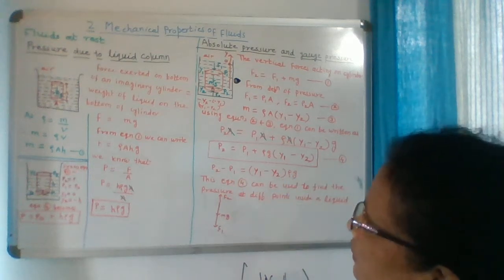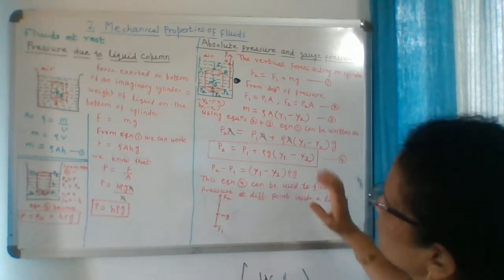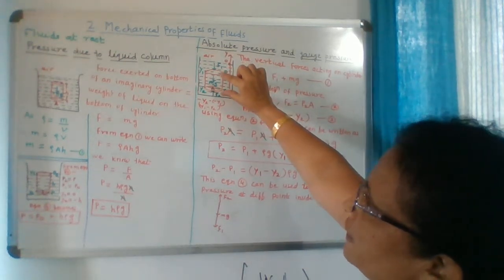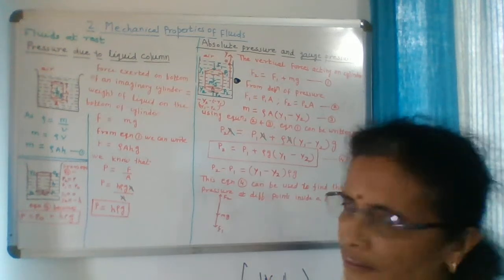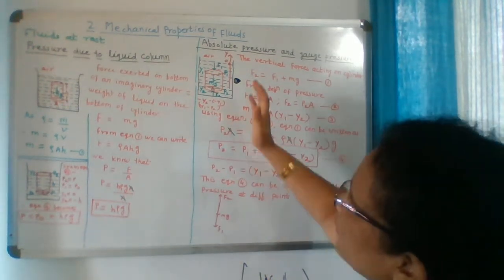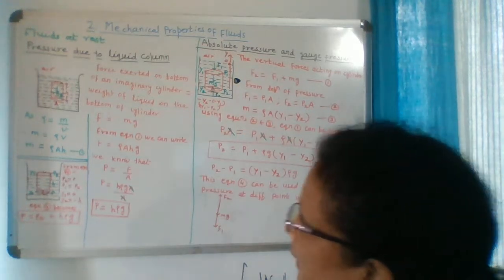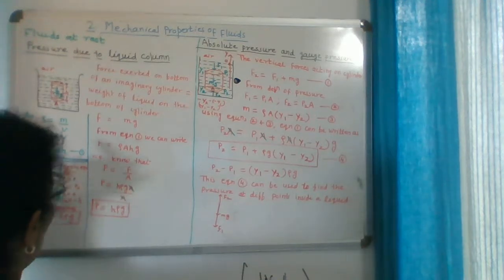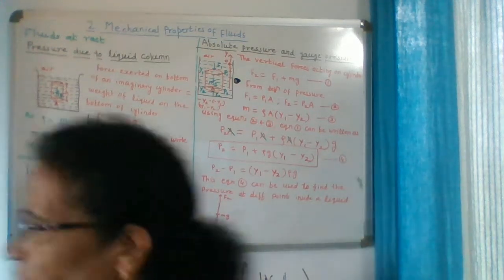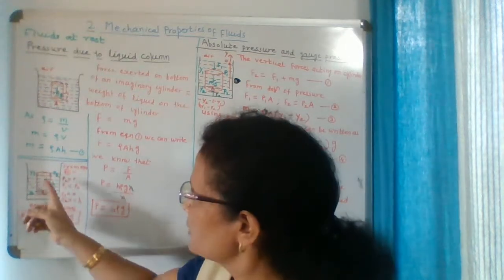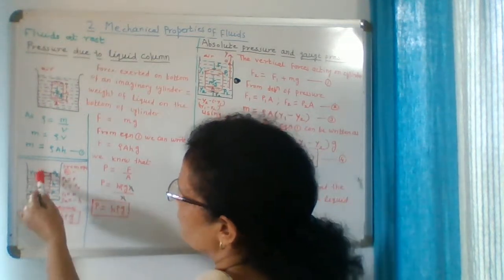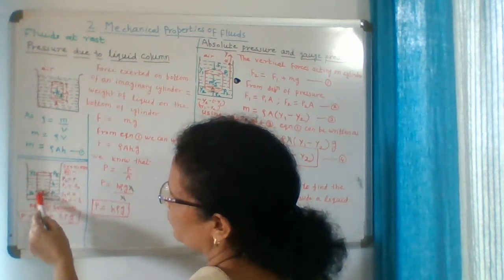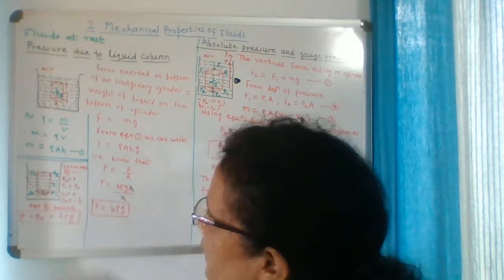Okay. Now, here what we are considering is that an imaginary cylinder is dipped inside the water or inside the fluid. Secondly, we can also imagine that the top of the imaginary cylinder touches the top surface of the water, or the open surface of the fluid. So this is the second diagram. This is the open surface of the fluid and the imaginary cylinder touches over here, and this is the bottom surface. Same thing, cross-sectional area is A.